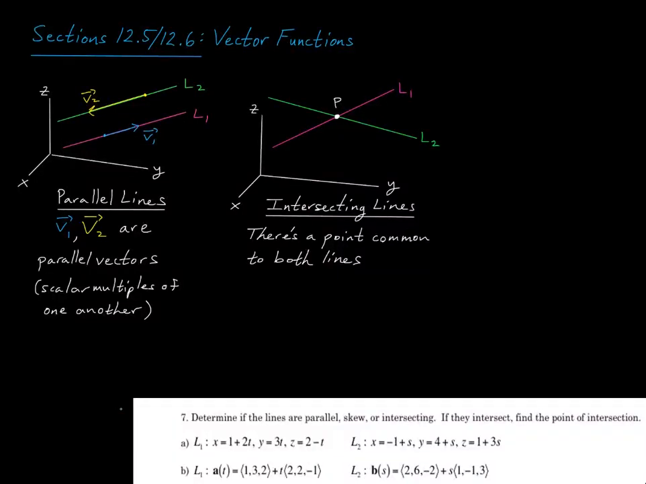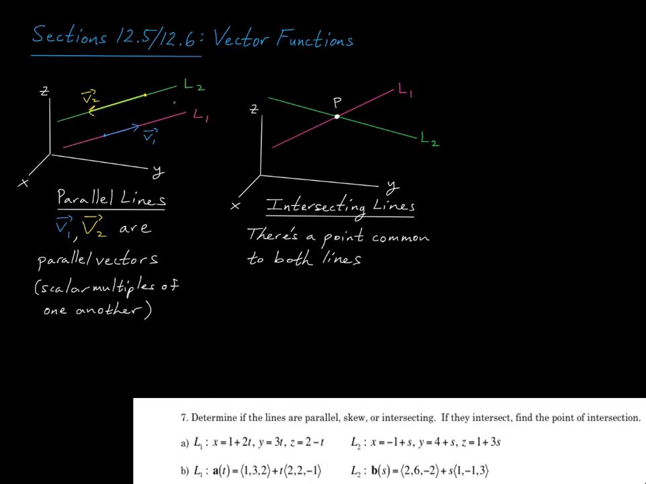Next up is question 7. It says, determine if the lines are parallel, skew, or intersecting. If they intersect, find the point of intersection. Okay, so before we jump into part A, let's look a little more generally at, say, two lines, L1 and